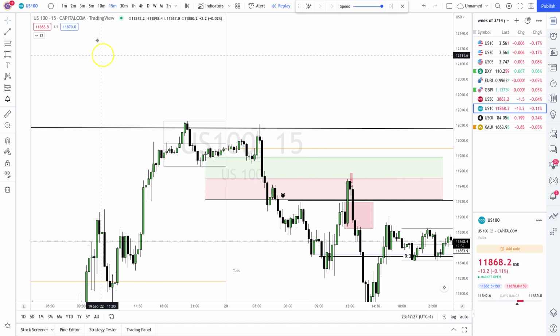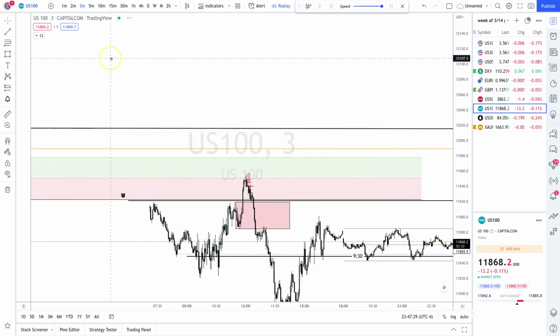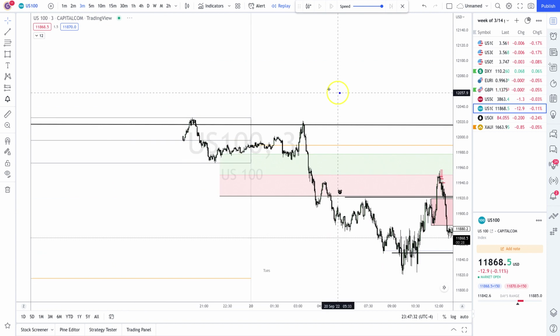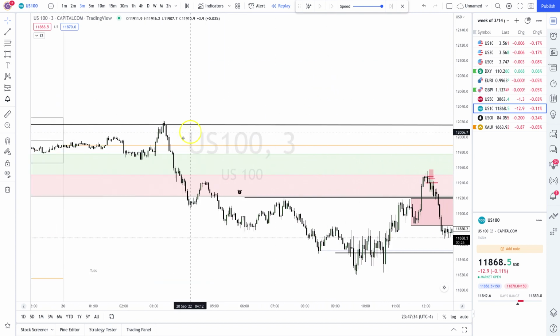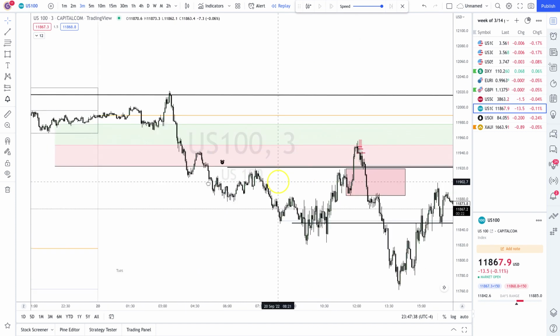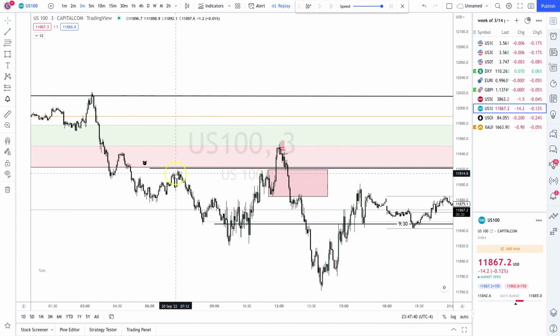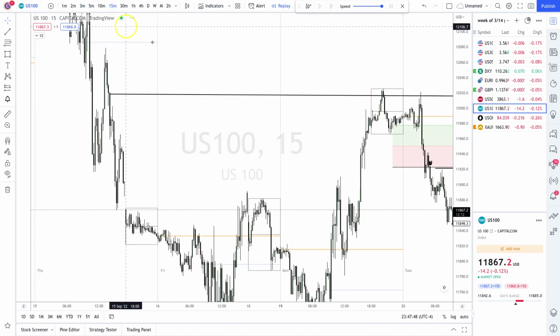Price pushes up. I don't know if there were pinpoint entries on the lower time frame on this. Yeah, nah, they never gave us anything. I'm not trading this pair until 9:30. All right, and then once we get to 9:30, of course there was nothing. Which is why